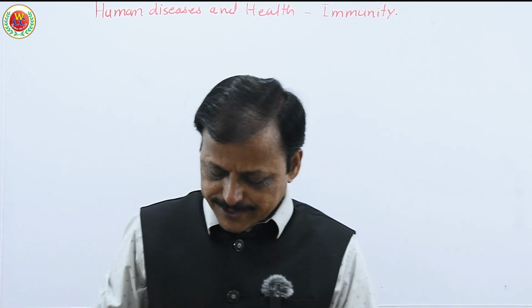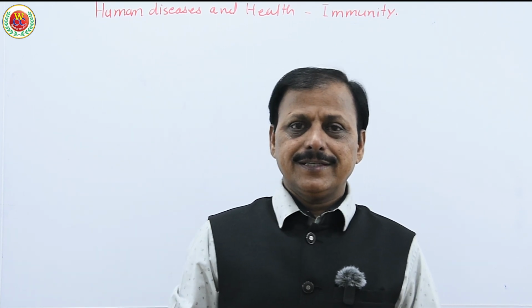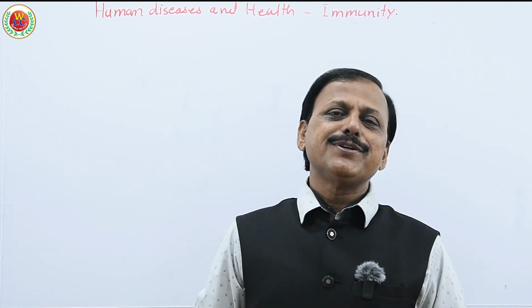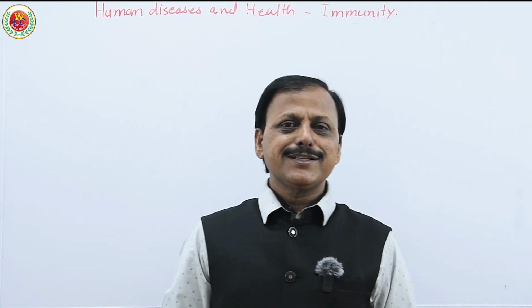It is a very interesting point. In fact, you should learn it and ask your parents to let you see this video, because it is a generalized topic. It is important for everyone to know how immunity works in our body. If I say that we have 5 doctors in our body, it is not wrong, as there are 2 major types of immunity. What is immunity? It is a resistance power against diseases. So there are 2 types of immunities which work.